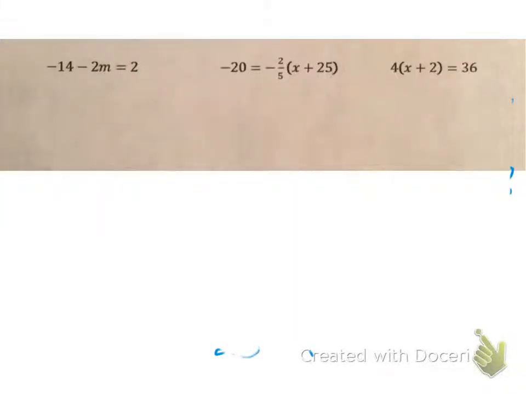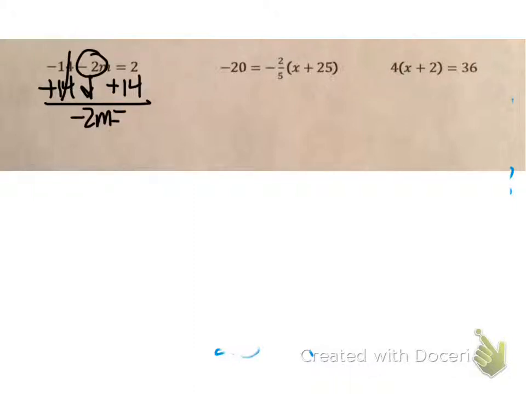Next, we'll move on to some basic equation solving. We'll always do the adding or subtracting inverse first, and then we'll save the multiplying or dividing inverse for last. So in that case, I got rid of the -14 by adding. That -2m will drop down to the next step, and 2 plus 14 is 16, and the -2m means multiply those, so the inverse is to divide, and we're going to divide that -2 away, so our mystery number is